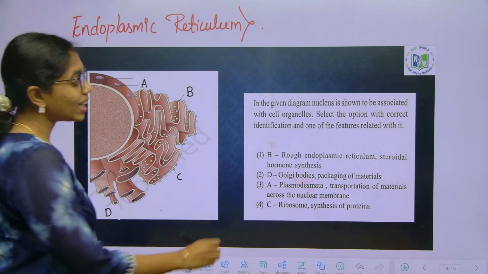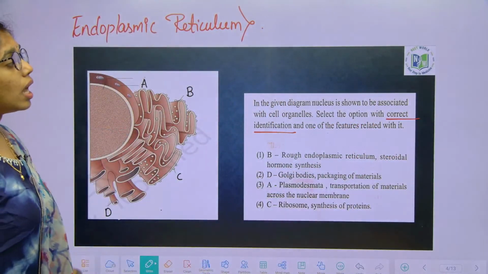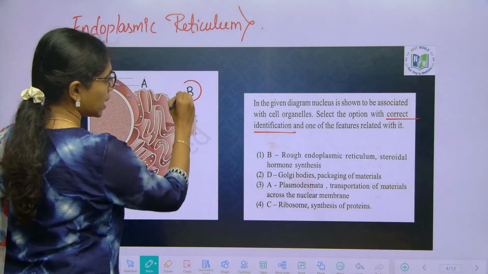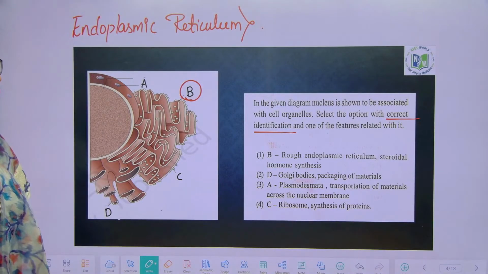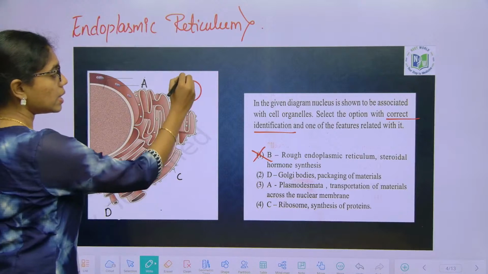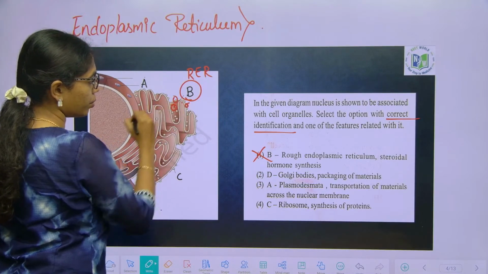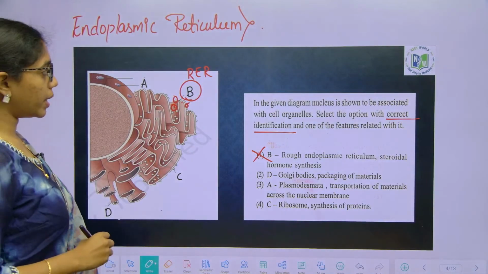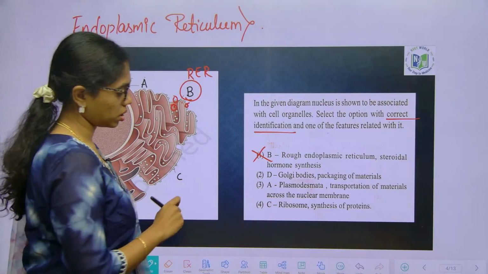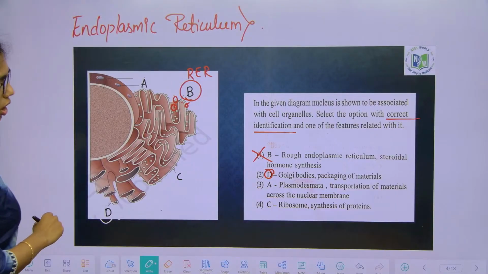Select the option with correct identification and one of the features related with it. B, you can see, yes, this is rough endoplasmic reticulum. Steroidal hormone synthesis, wrong. B is RER, true, and here you can see the ribosomes which are adjoined to this. But then RER is involved in the synthesis of what? Proteins, not steroidal synthesis. Next, D you see, D is Golgi bodies